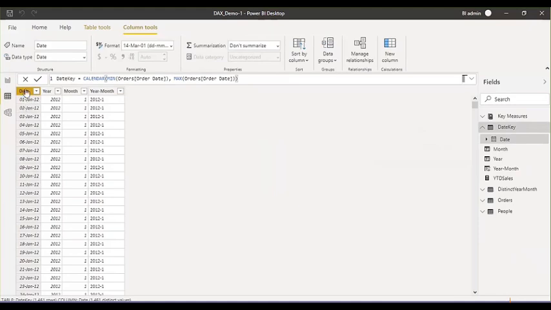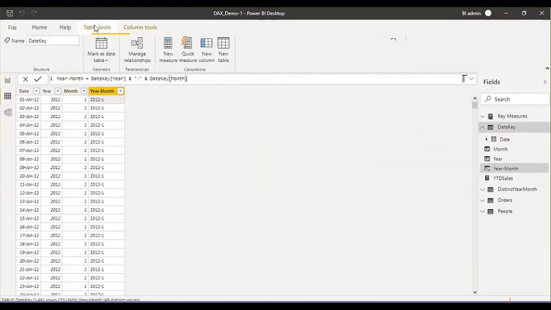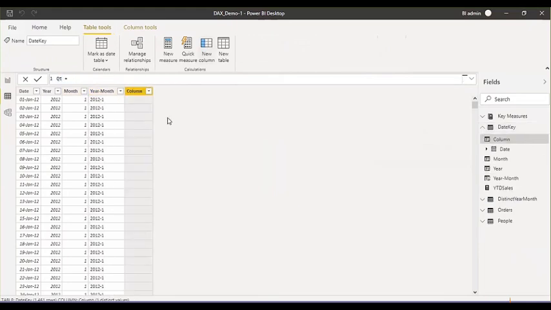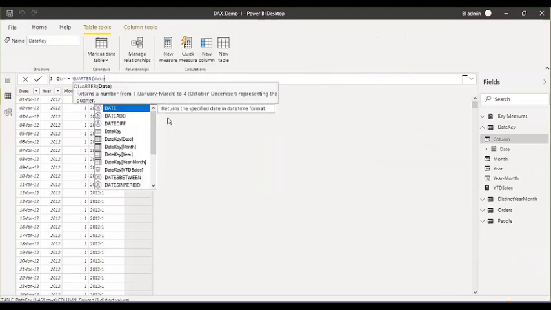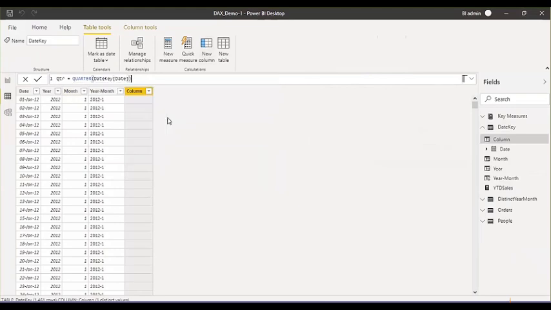Now using this date column, you extracted some other information like year, month, and the combination of year and month. Somebody was asking about the combination of quarter and year. For that, first you have to extract the quarter column. How? Create a new column here, named Quarter. Here I'm going to extract the quarter, so I write QUARTER and pass the date column. Close bracket, press enter.